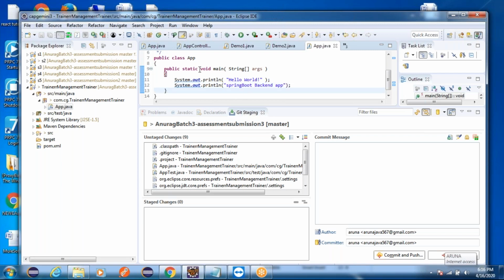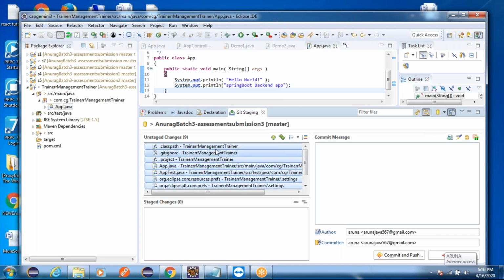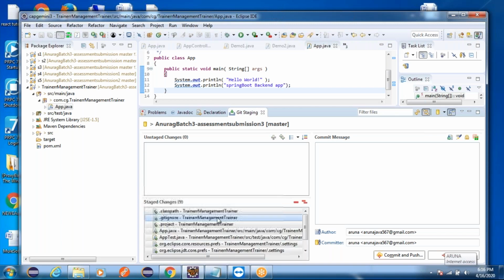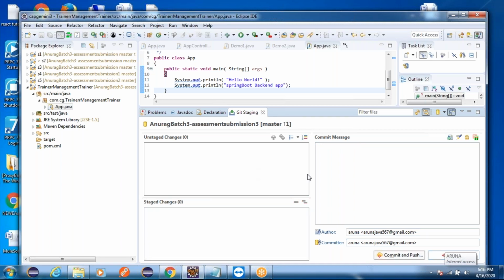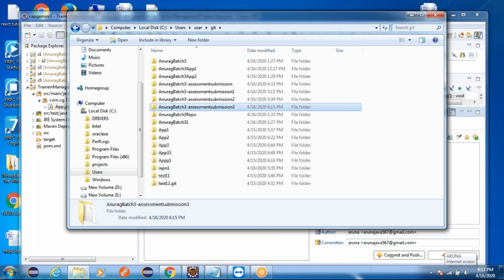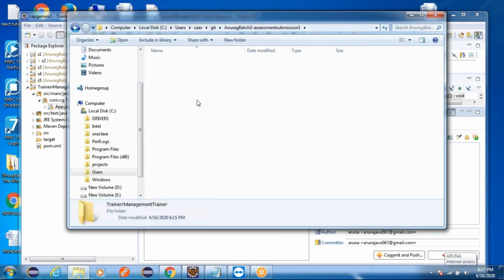Save the changes; whatever changes you did will be recorded here. First you select everything and move it to this place. Now you write a commit message, for example, first commit. Now you need to push it. First, commit. Whenever you say commit, it will be committed only to your local repository. Means now if you go here, it is only committed.